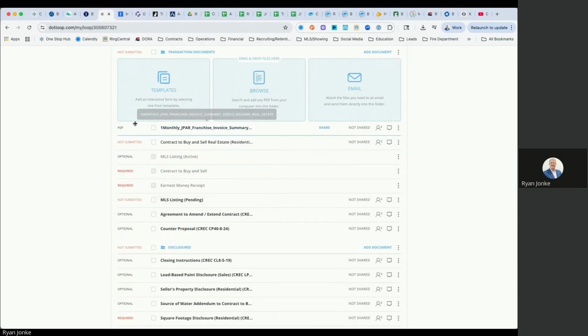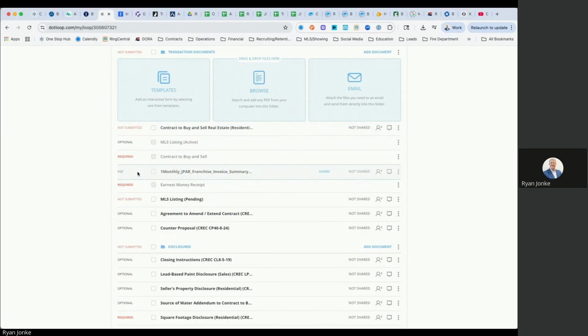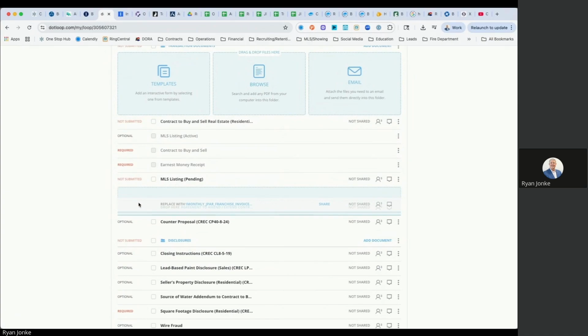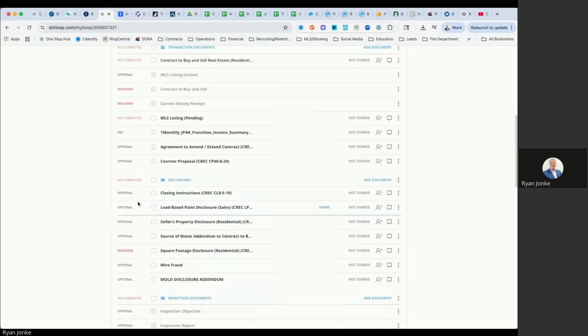So once it's uploaded and it says PDF, I want to click on it. When I give a little, it's going to give me a little cursor here. I want to click on it and then drag it over the document I want to replace. And you'll see right there it says replace with whatever the document name is. Once I let go,